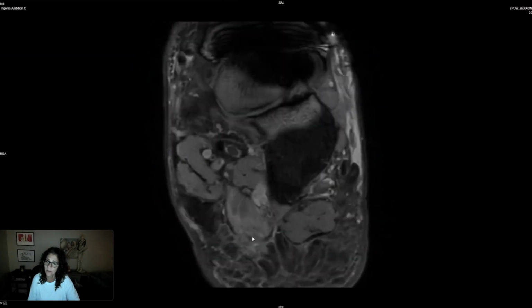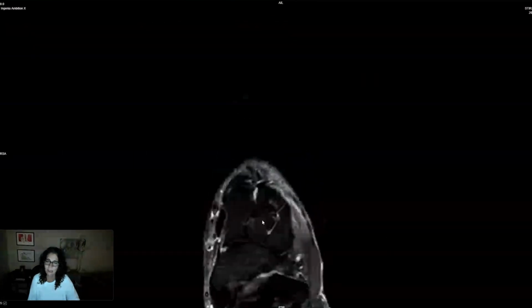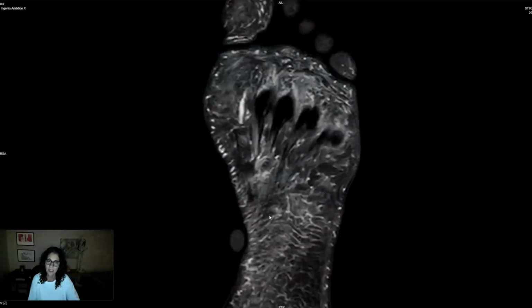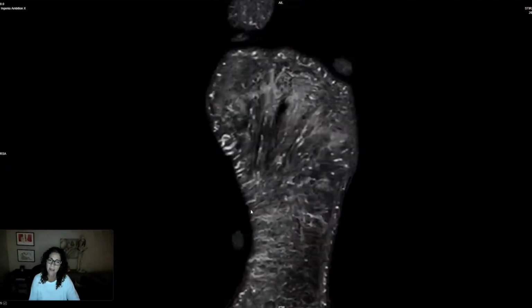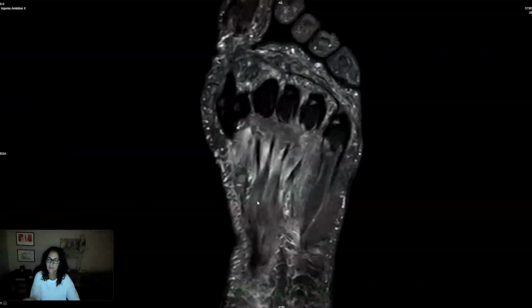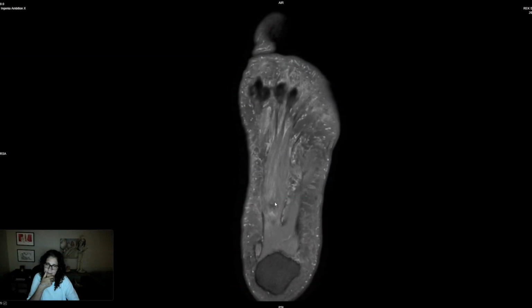So there is a partial tear in terms of, let's see what I can see on the STIR for this location. And what I'm seeing is I can see the cords of the plantar fascia, and I can see how they're supporting my plantar capsules there, my flexor tendons. But in this location, I'm just seeing fibromatosis and not much more that I can discern there based on this